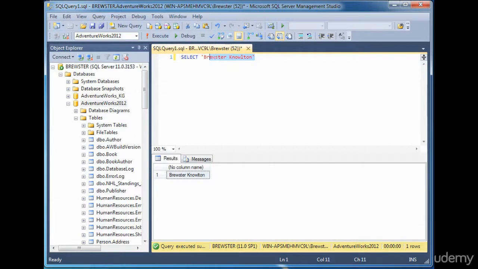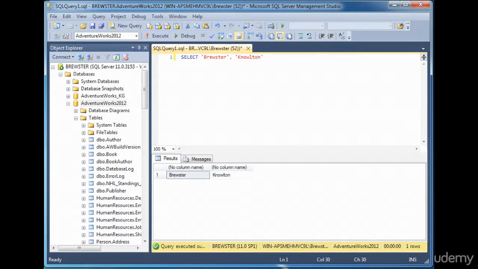Well, the comma is our way of telling SQL that we're going to be using another column, or that another column is going to be expected. So we can use that comma to create two columns here. So I'm going to type select. I'm going to open up one of the single quotes and type my first name, and then I'm going to place a comma here, and then type my last name with both closing and opening single quotation marks. Now if I execute this query,